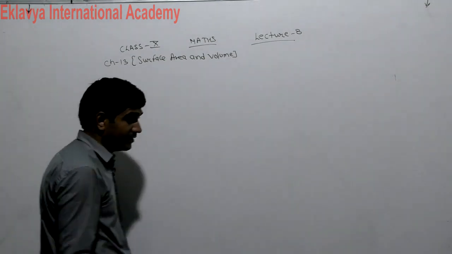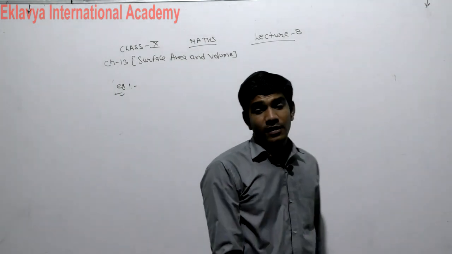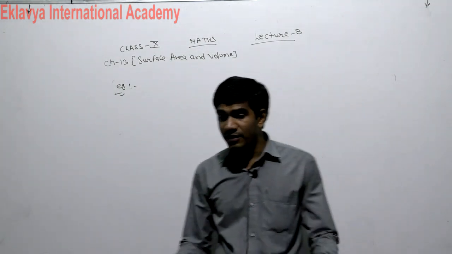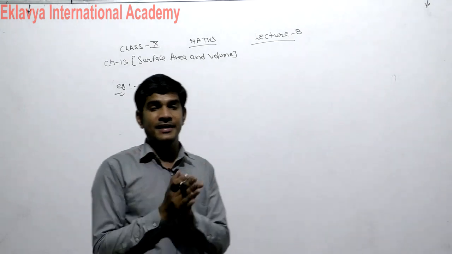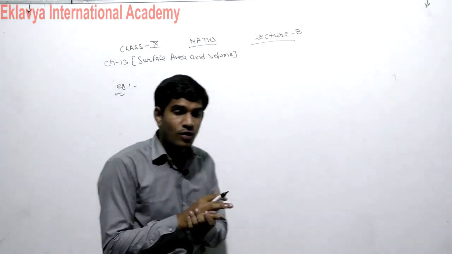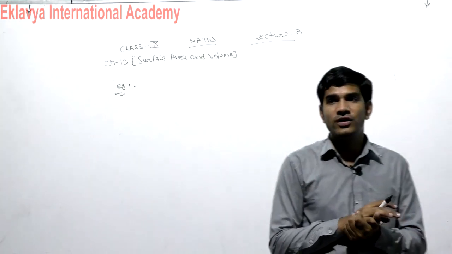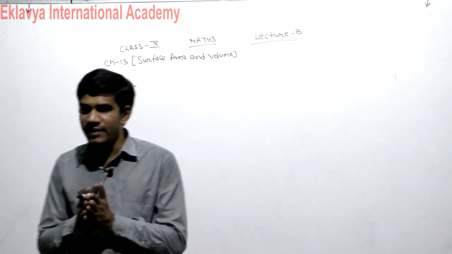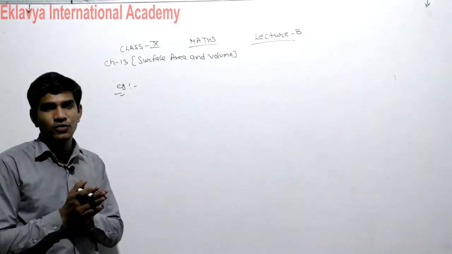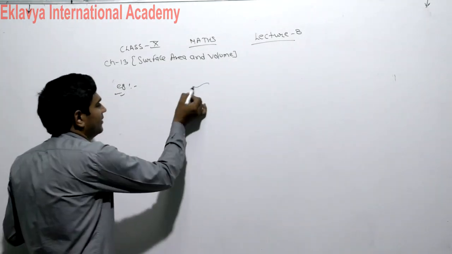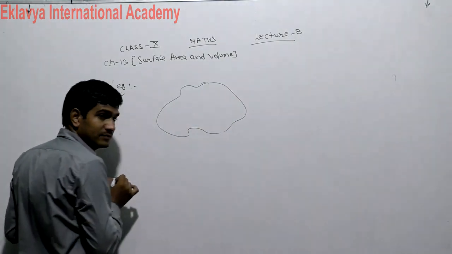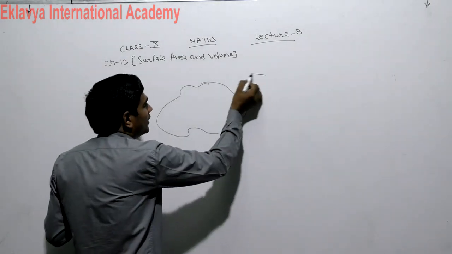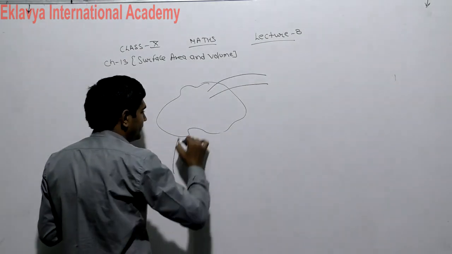Next question is that a river valley, in that river valley their area is given to you, and after that one thing is also given to you, that is rainfall. Inside the river valley the rainfall is given to you. Suppose that is the river valley, that is a river. In that river water is coming from 3 rivers.